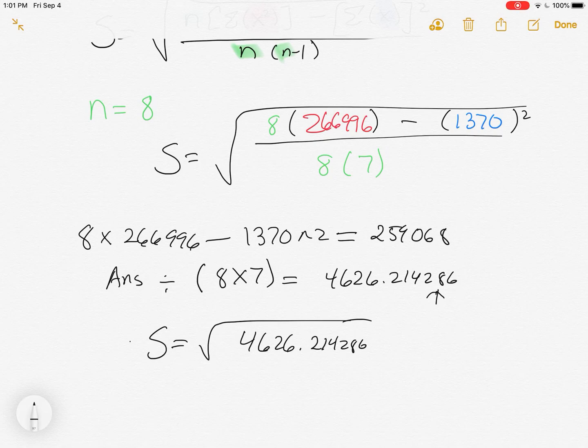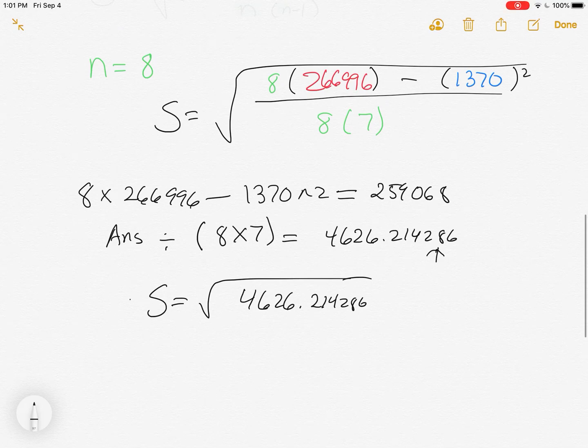So I'm going to hit the square root button. So hit that square root button. Mine's right above the square. And it looks like this. And then I can bring up my previous answer by hitting the second function and the ANS key. And it will bring up that 4626 number, and I don't have to retype it. And then I hit equals. And that's going to take the square root, and it's going to tell me